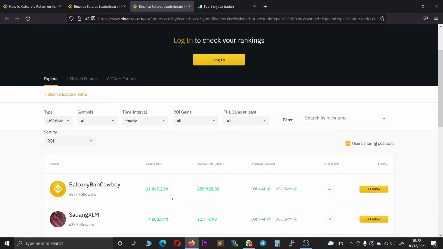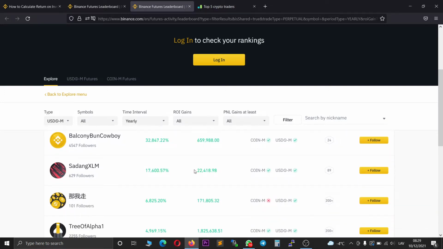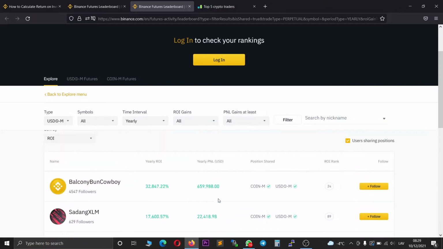And then I got to a point where a yearly return on investment is 32,000%, and I was like, how is that possible? It's unreal. If a hedge fund is offering 40 to 60% a yearly return, how can some kind of trader have a 32,000% return on investment? And the other thing is that these sums are actually, compared to these percentages, really small, and some of them are incredibly small. And then I did some research.